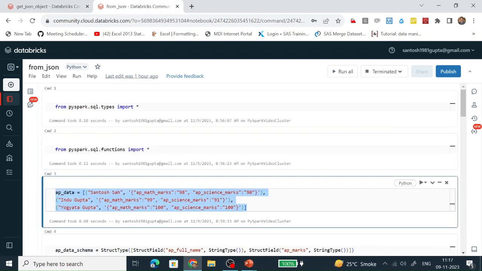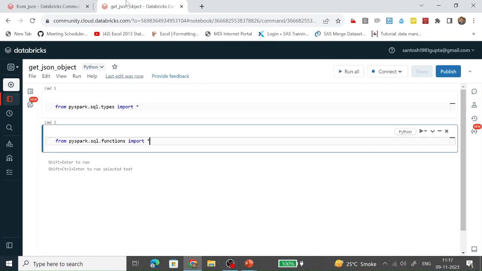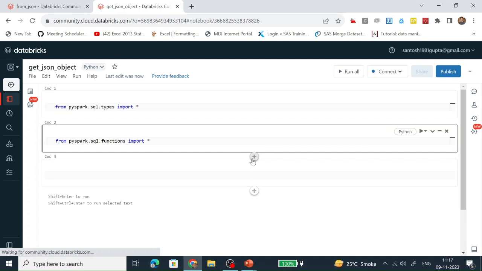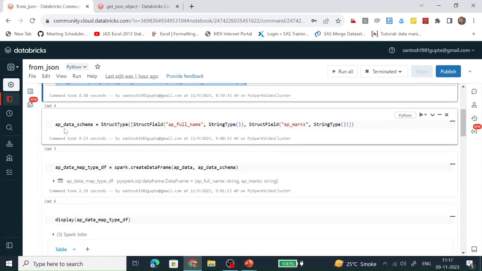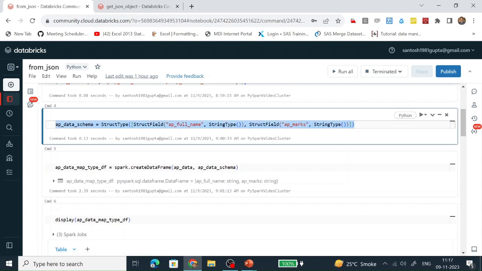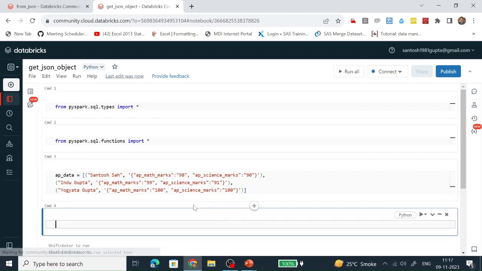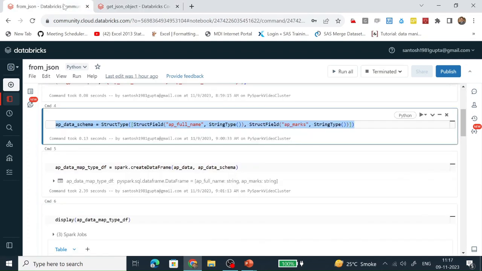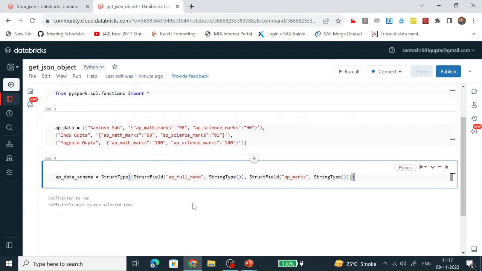This is the list in which we have stored the required data. This is the custom schema. And this code is going to create a data frame based on the list and custom schema.